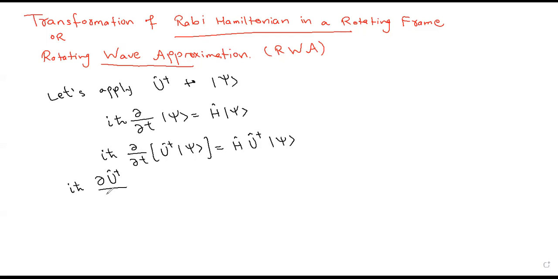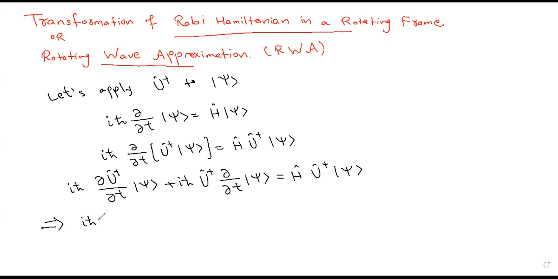partial U dagger over partial t psi plus iota h bar U dagger partial over partial t psi equals H U dagger psi inside. This is as it is. Okay, so rearrange and we'll get